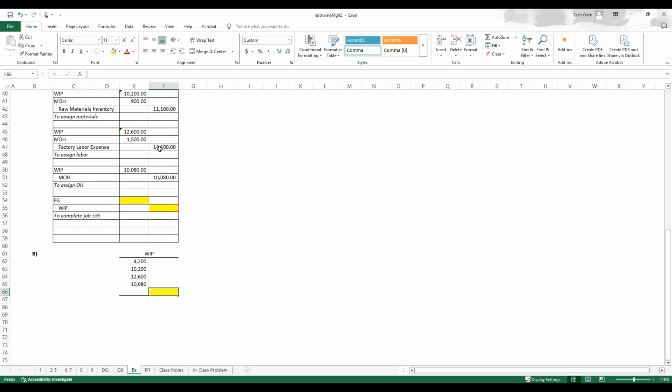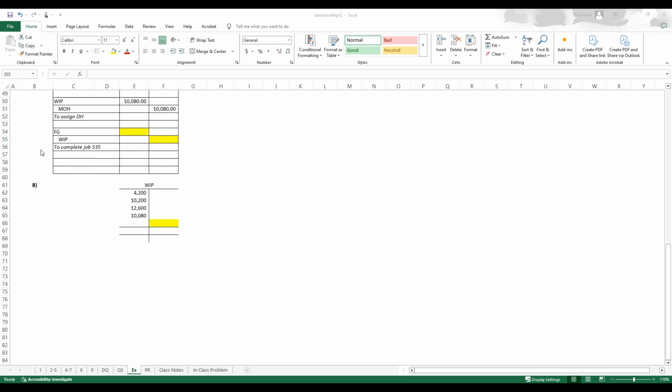I'll put a highlight there because that's related to this. That credit to WIP is what's going to show up down here. I'm going to add a couple other summation spots there. Okay, now we've got a good T account, but we're going to let that sit until we finish our job